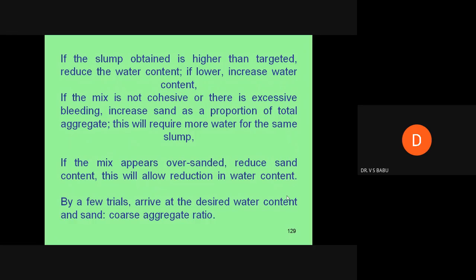That means first you work out with 180 liters. If the slump is more, then what will you do? You will go for 175 liters. And still if you are getting more and more slump, 125 mm slump, then you can go for 165 liters of mixing water. So that is the trial and error method only. That means even in the code there is no permanent solution. The code only gives you some recommendations.